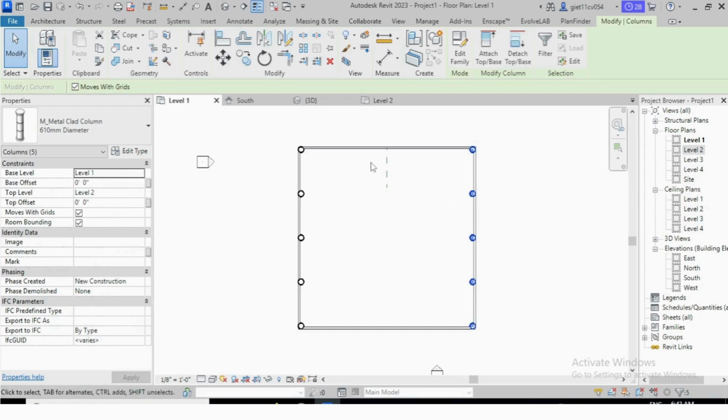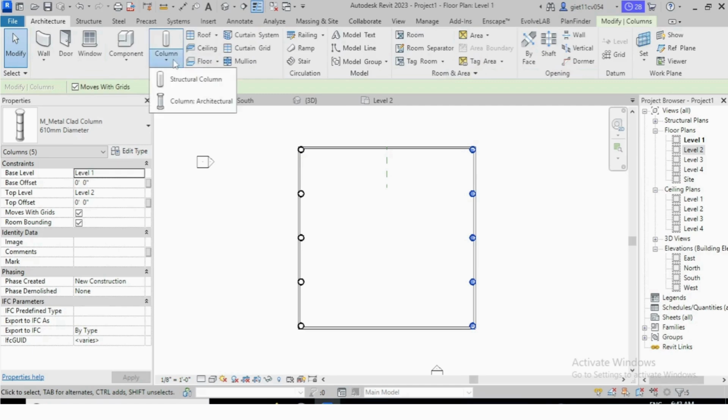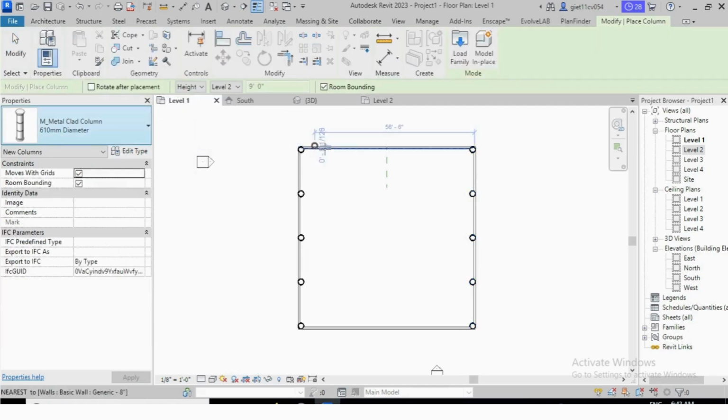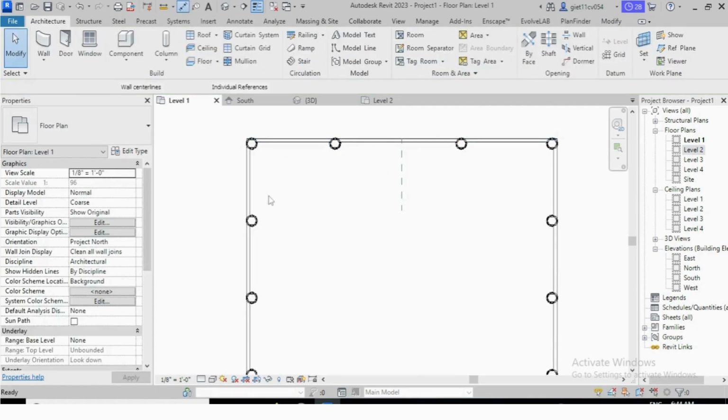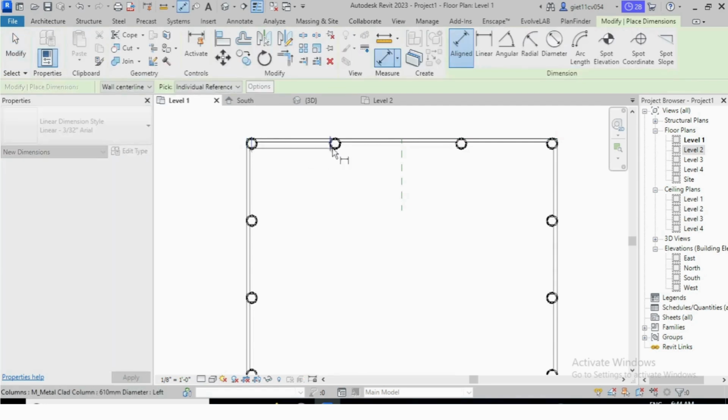Now we have to place columns this side, so for that we just go in architecture, column, and now just place 2 columns this side. Now just make the distance equal.